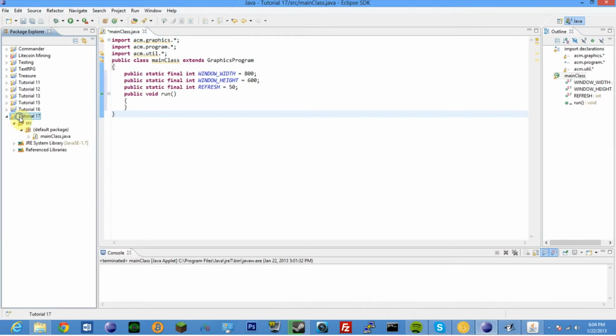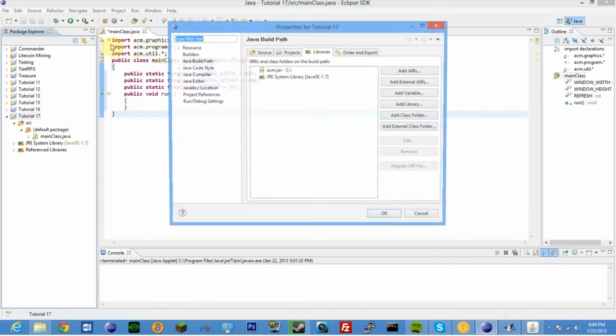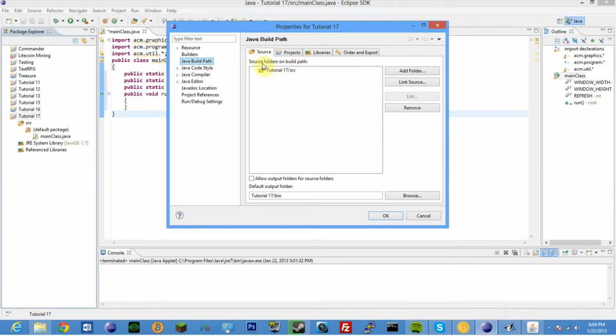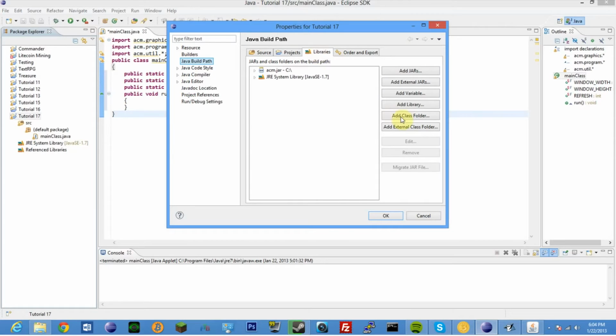In Eclipse, for example, I just right-click, go to Properties, go to Java Build Path right here, and go to the Libraries tab. It'll usually be right there. I'll go to the Libraries tab, and then you just click on Add External Jars and browse for your ACM jar. Click it, click OK or Enter or Select or Choose or whatever it has, and then it should appear